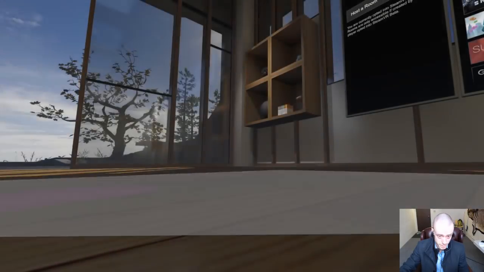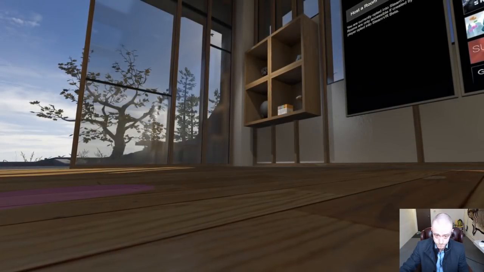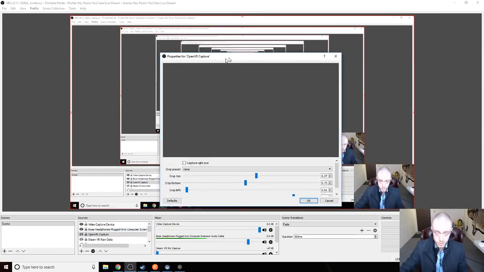Great. So let's just check that VR is running. And the way we can do this is we can click this plus icon, and we can add a new OpenVR capture. Okay. And I've already done this, but you're going to want to do this. I'm going to make it visible now so you can see it. Okay. So it's working. But when you're configuring it, you're going to want to go in here and probably select